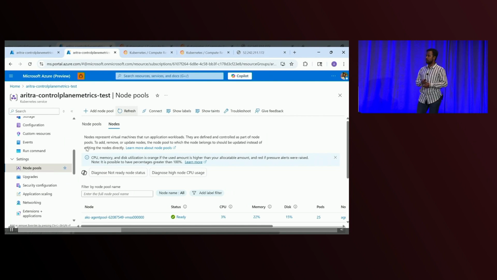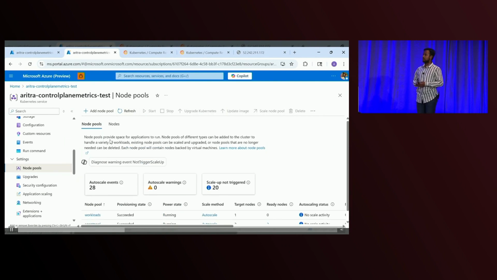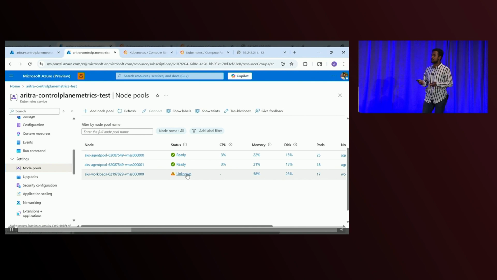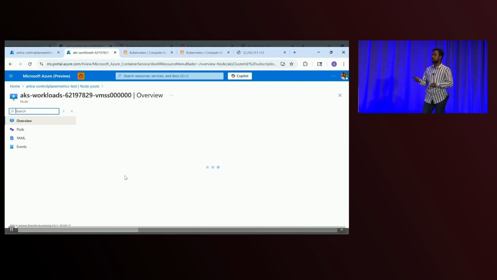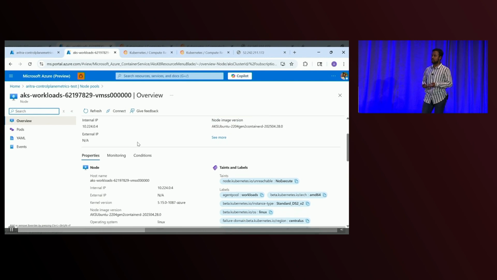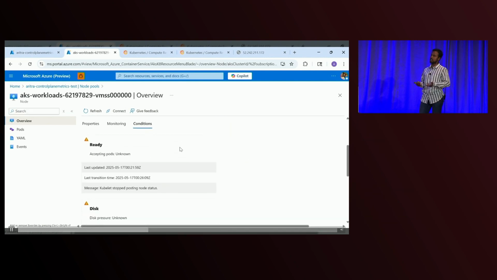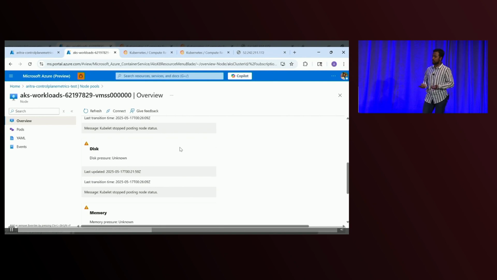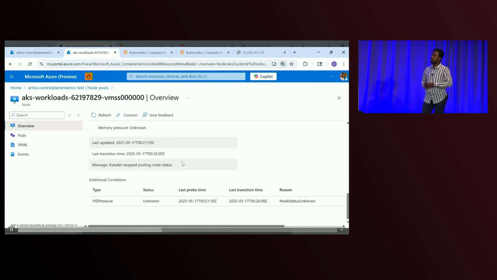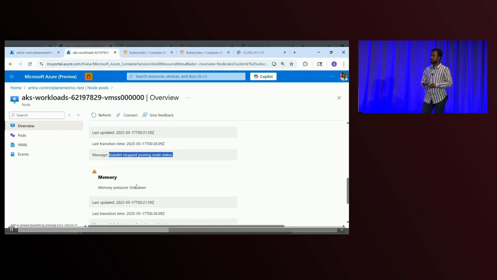Now we'll put into action all that Juanli said. I want to first start with looking at the node conditions. If you're familiar with kubectl and CLI, you can use that. If you're in Portal, you can start there. So I'll start with the node conditions first. And you can already see the node is not ready. That tells me that the issue is something with the node being not ready. But we also want to go further and figure out why the node was not ready. We can see that the kubelet stopped posting status, which tells us that's possibly why the node was not ready. You will also see the other node conditions appear, the ones about node problem detector we discussed earlier.